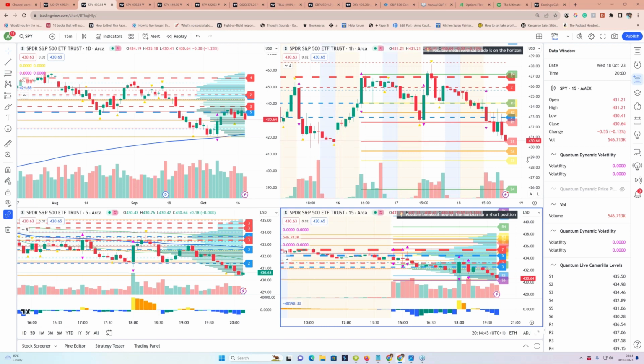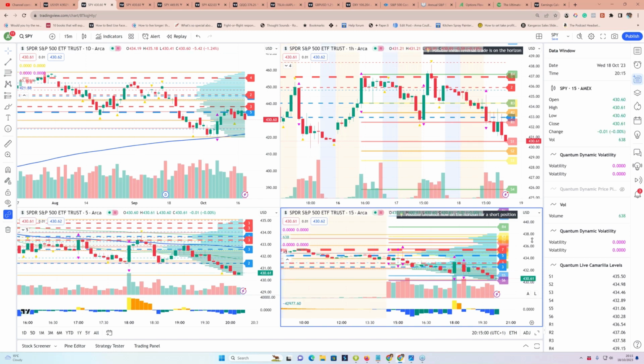Before, I just want to also quickly run through some of the drivers that we have at the moment for the markets, particularly for equities. I just want to give you an example of what I mean by